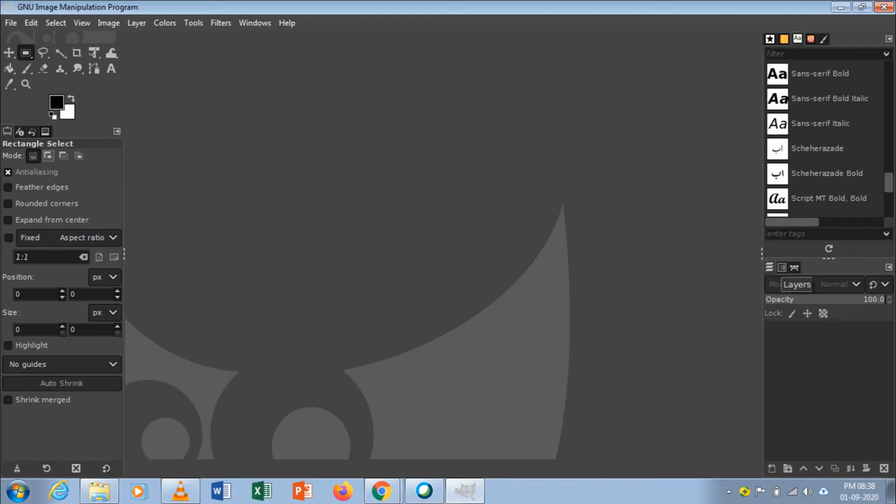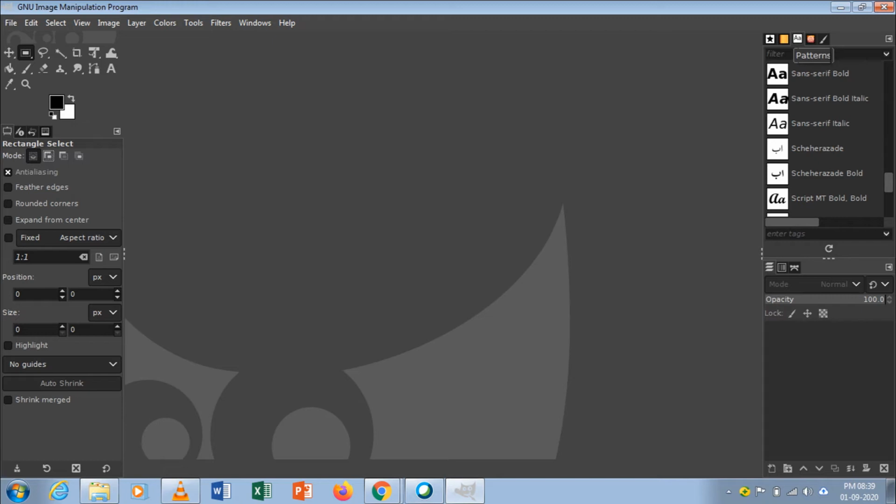Above the layers tool you have the patterns, then brushes, the types of brushes available. Whichever shape of brush you want, you can select it and change your image, or make a new one.